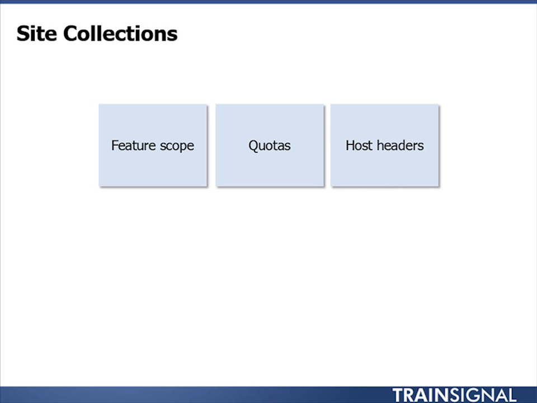We can also, as we've seen in a previous lesson, set up host headers for our site collections. What host headers will allow for is the use of a host name, for example, sales.geektrainer.com, to be able to access a site collection. Now, this can actually be very helpful in certain situations, because one of the things that you're going to notice is that sometimes your URLs can get rather long. So to maybe keep things a little bit shorter, and give me maybe better ability to create links and make things more navigable, I could go in and create different host headers. So that way I'm going to have sales.geektrainer.com rather than having